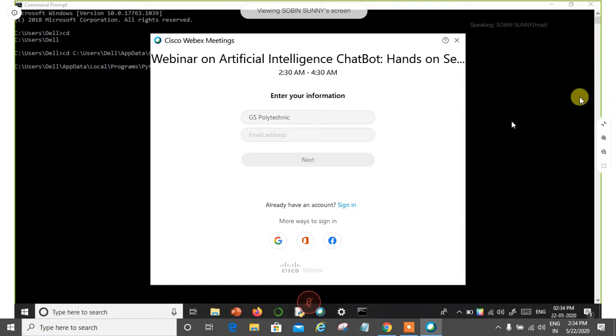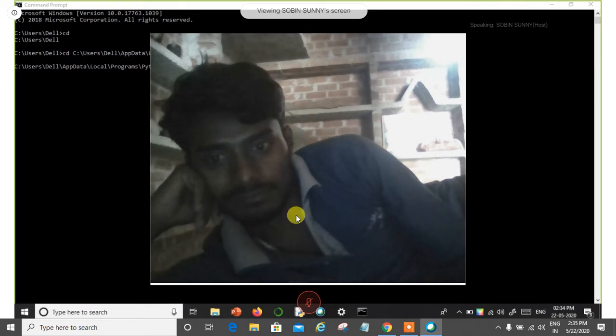If you are getting an error like pip is not recognized as an internal or external command, then you have to copy the location where pip is available. I'm repeating that pip is available here in the scripts folder, inside users, app data, local, programs, Python 3.7, scripts. Copy this location and type the command cd space, paste the location and give the enter key, so that the location is changed into the folder where pip is available. After that you can again try pip install chatterbot equal to 0.8.6. It will start installation.